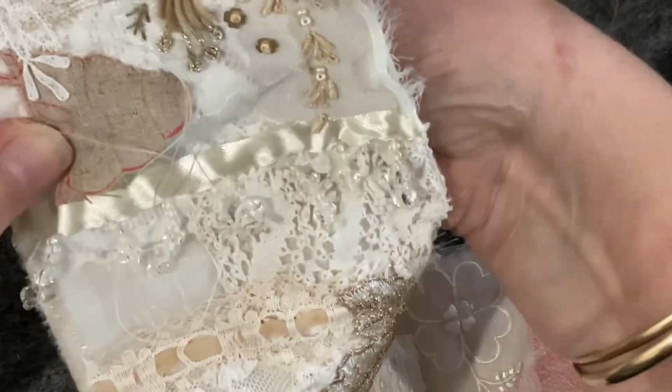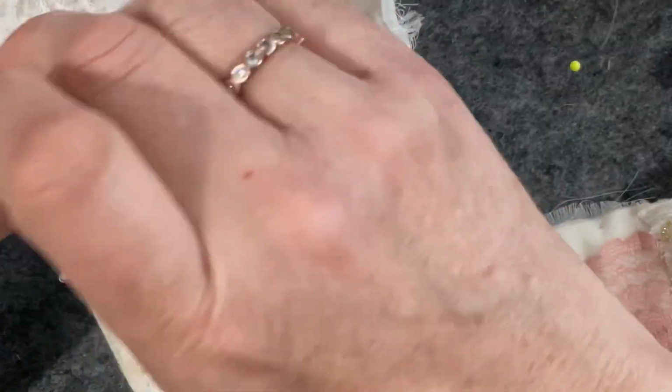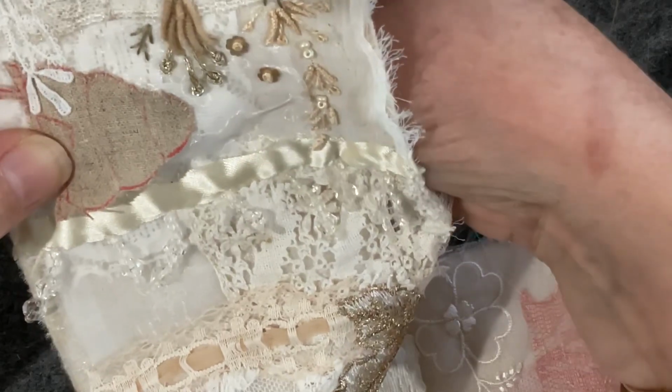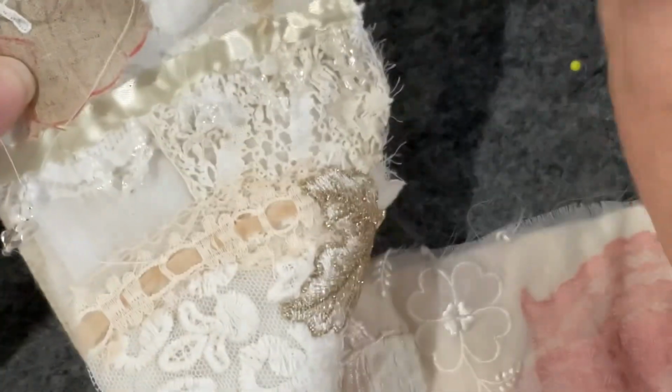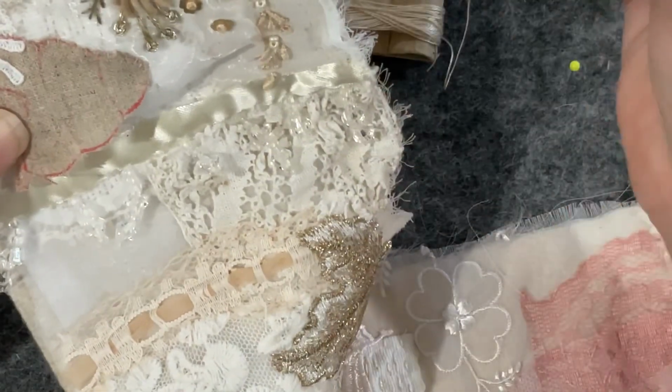Okay, so I'm just down now here. And I'll do that leg and then I'm going to stop doing this stitch because I'm wasting time. I can always come back to it if it progresses quite quickly and finish it. But I want to have a play with this. This little morsel was in a